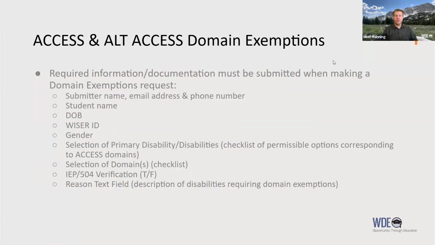Again, there's required information like all of the other requests, very similar, with slight variations. We do need information on the submitter: their name, their email address, their phone number. In most cases, sometimes this is a little bit more of a nuanced process, and so we might need to contact the individual directly to make sure we have the correct information or to ask any other questions about what we can do to support the student.